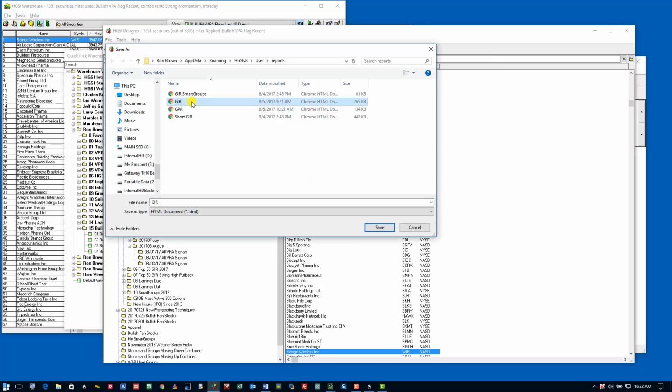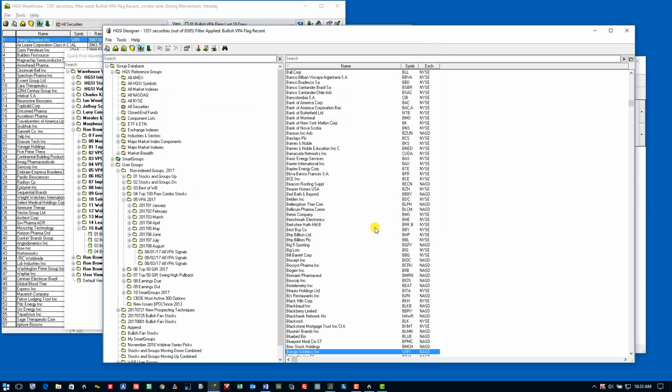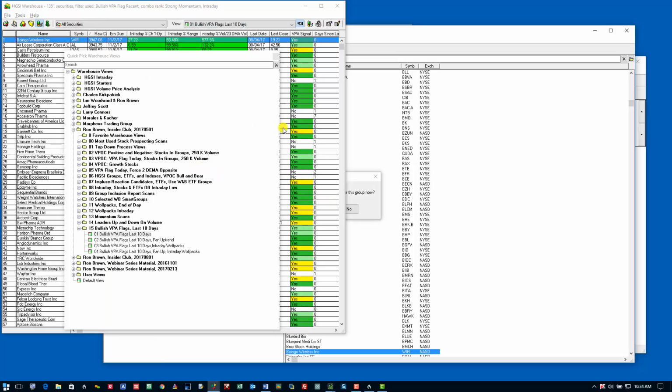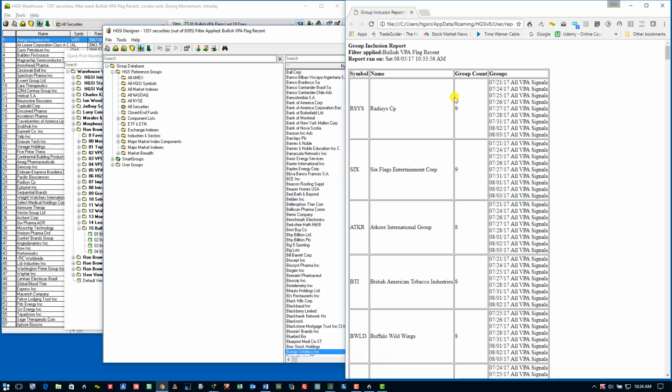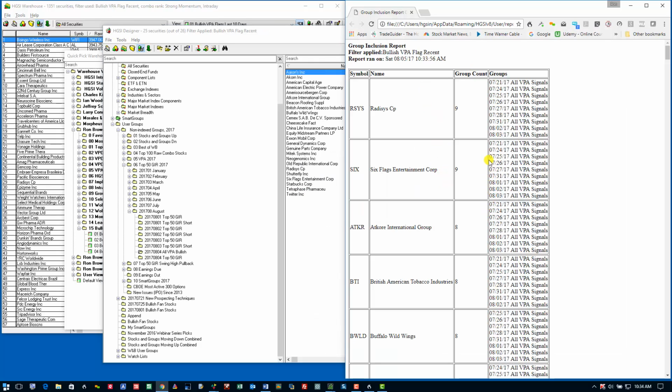And remember, this filter is being applied. Let me go ahead. I'll just make a VPA group inclusion report, and I'll save this. And it's applying the filter to those groups that I selected. And I do not need to generate an index, and here they are. You can see that